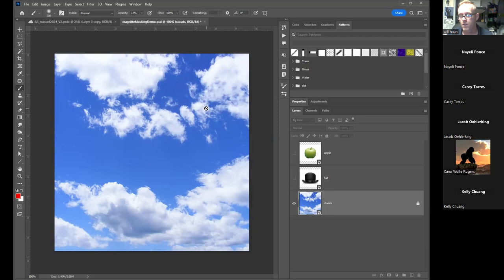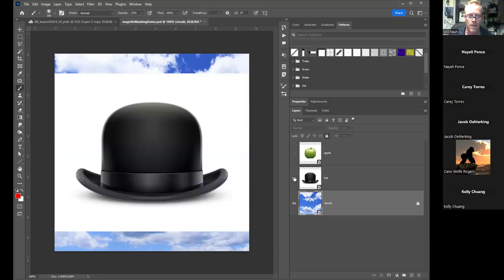The next 2 layers are going to take a little bit more work. So let's start with, say, the hat layer. Turn the layer on, and I'm going to make sure that I'm targeting the hat. All right, so the hat looks good. However, I certainly don't want all this white around it. That doesn't look right. So I need to get rid of the white, which is going to require me to